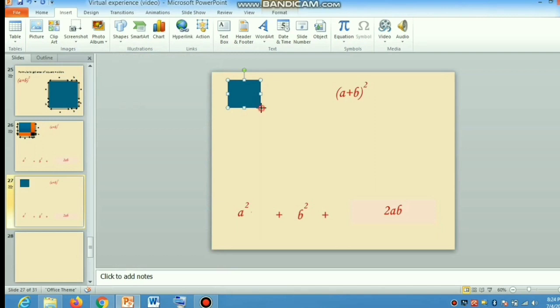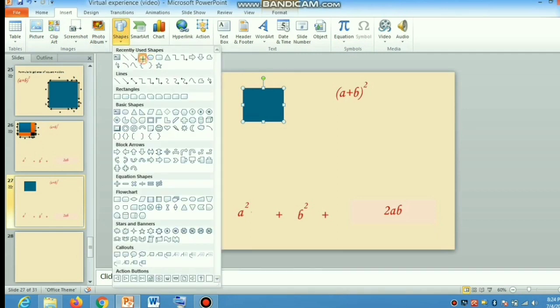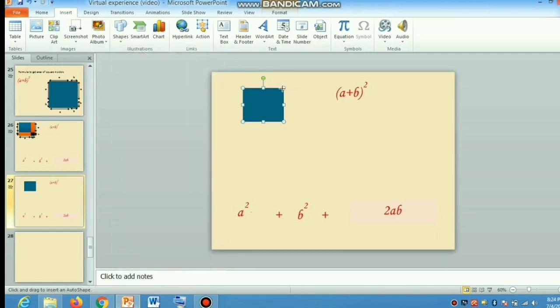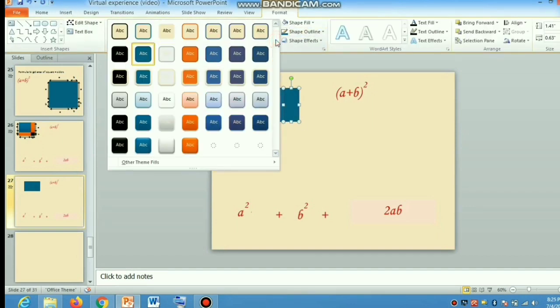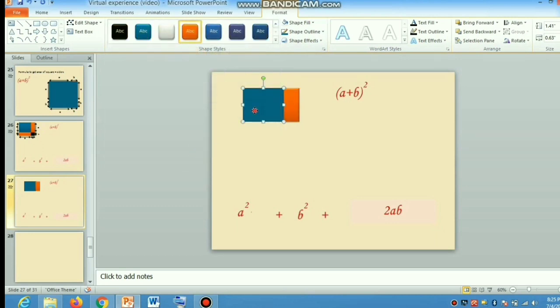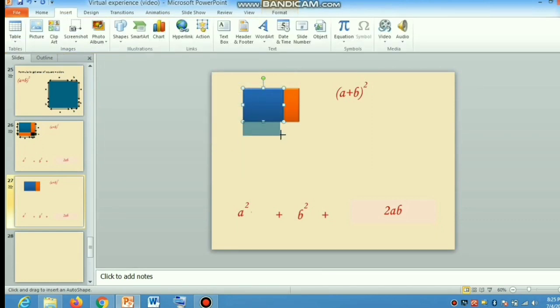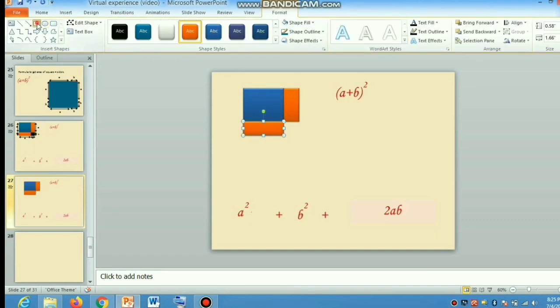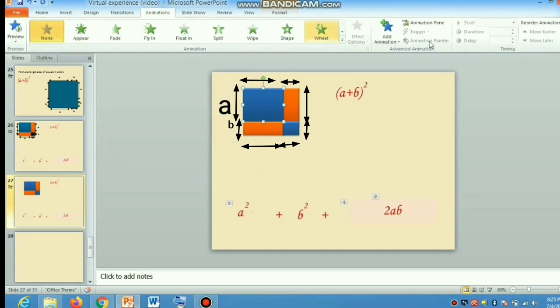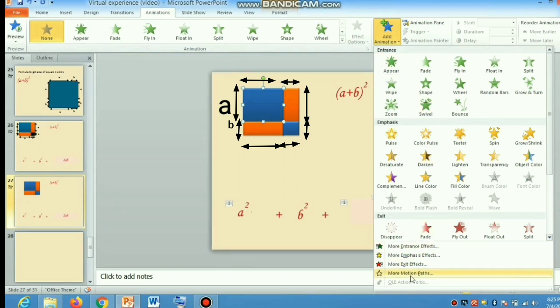How to create that? You need to just create few of these segments, insert shape, make a square, two rectangles, and here I will take different colors of the rectangle so that the clarity is there, and I will change the color of the rectangle, and then again I will have to insert the rectangle on the other side, change the color of it, and I will have to insert one more square on the corner and label all these sides.